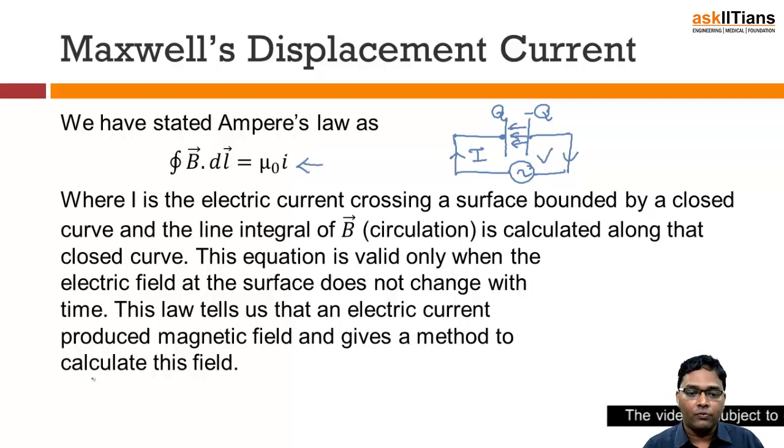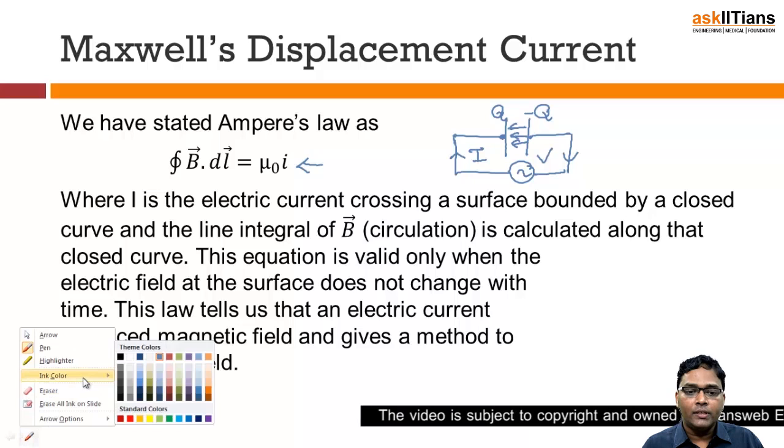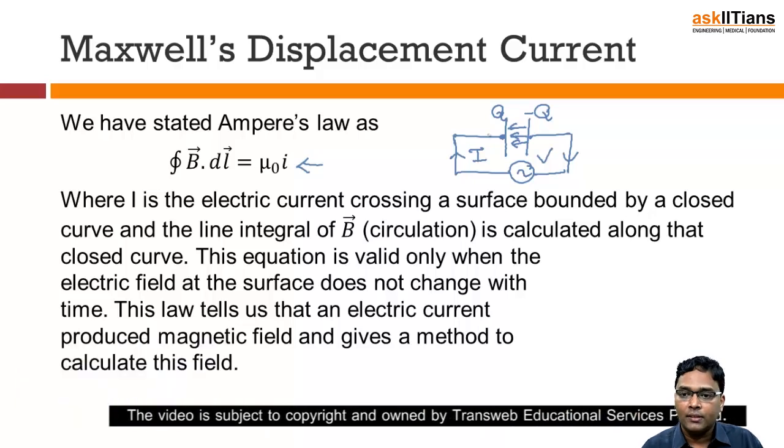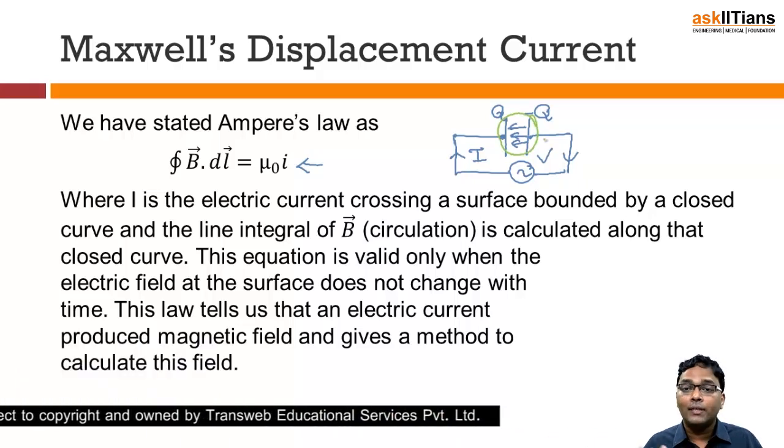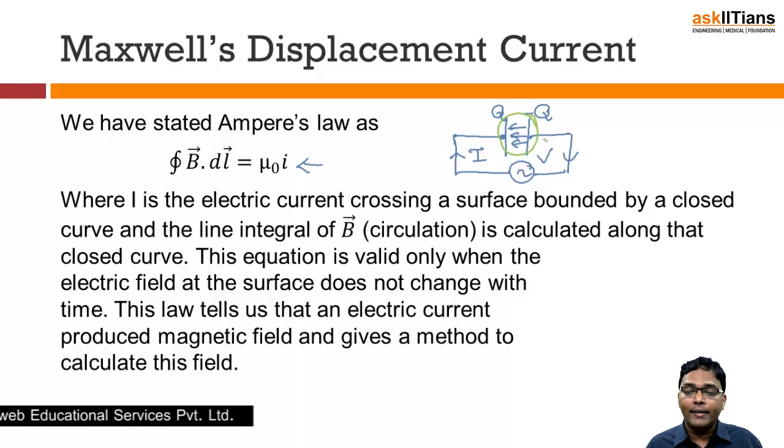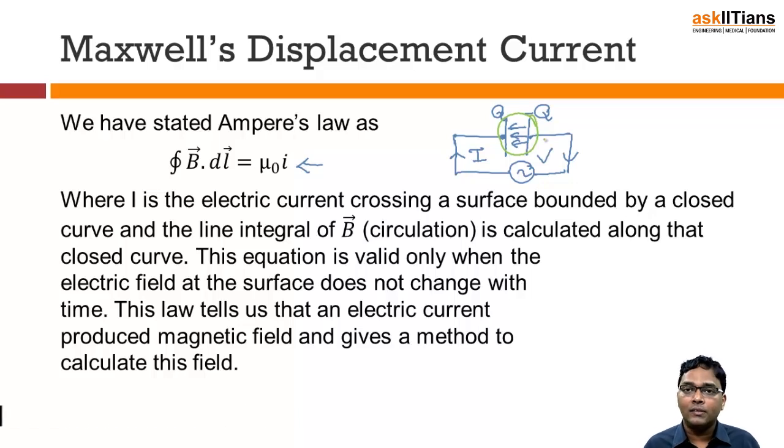What about this region which is basically within the plates of the capacitor? That is here that I am referring to. What is here? If the current is not there, then how exactly is it consistent? It is consistent. To make it consistent, what was done is that Maxwell said, let me just give you this way,